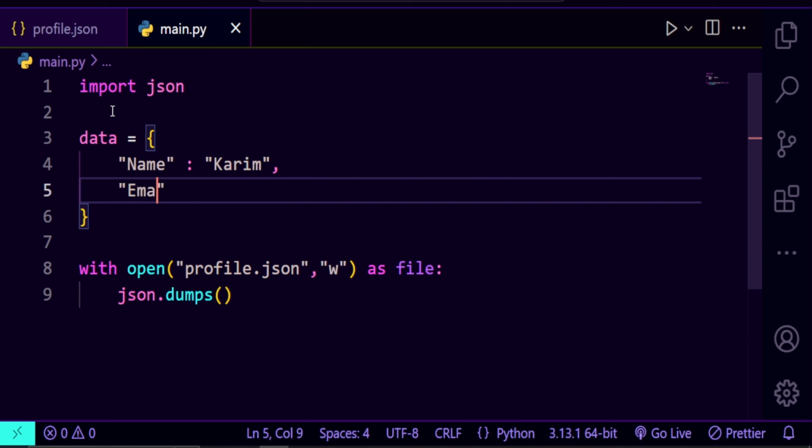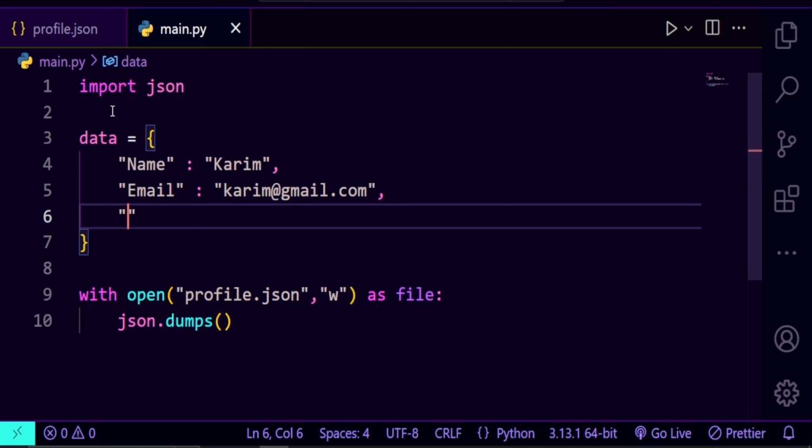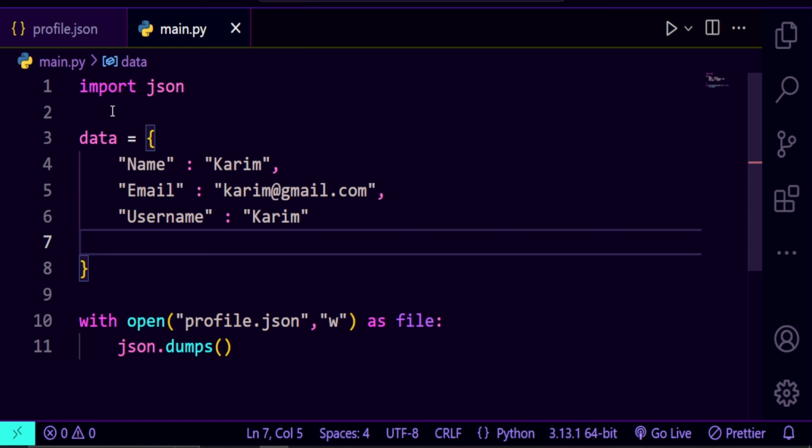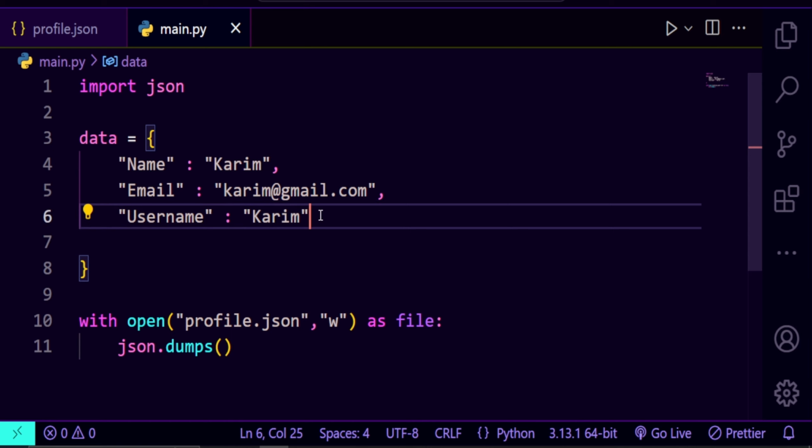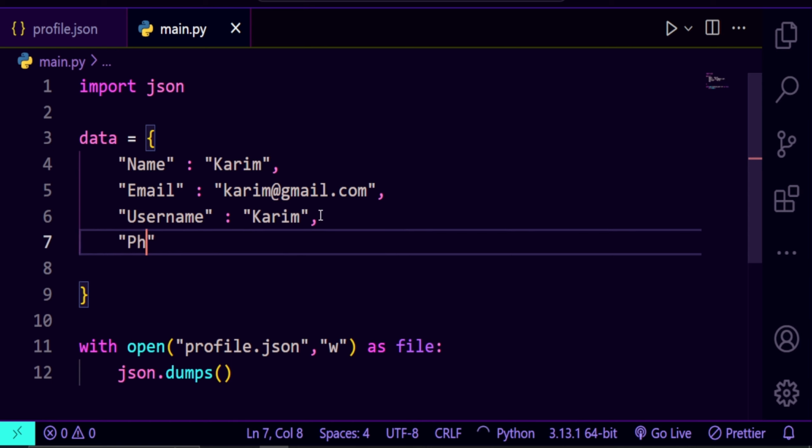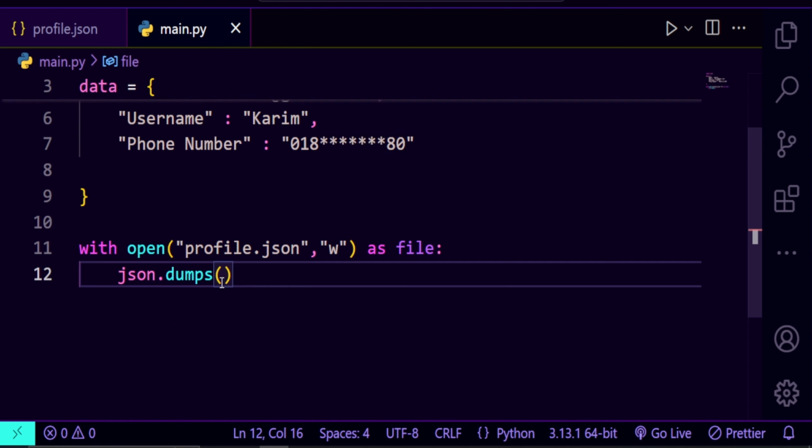Email equal kareem@gmail.com. Okay, username will be Kareem's, and finally I provide the phone number equal 0186080. That's it. Okay, now I'm going to provide data